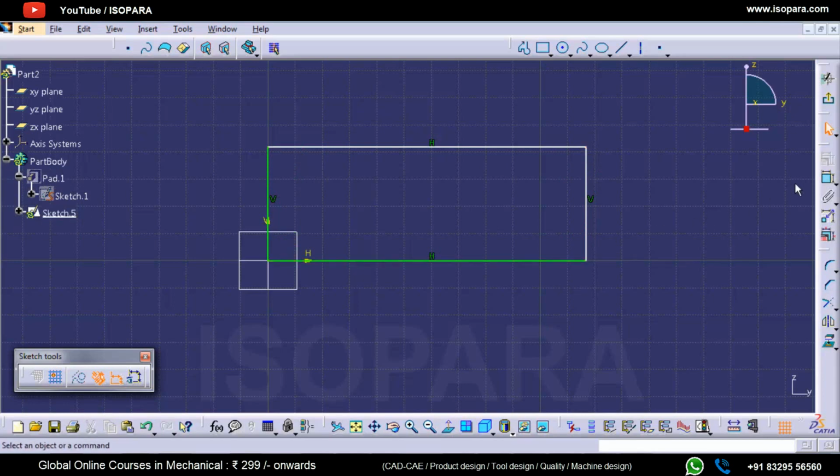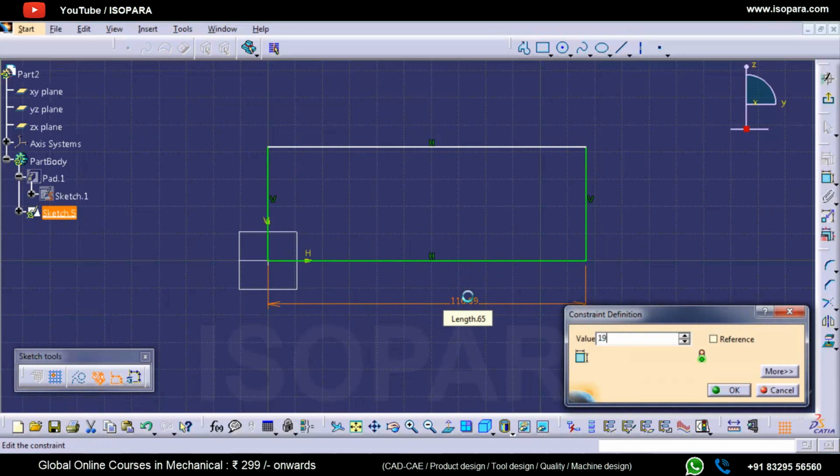Now if I want a linked dimension or some formulas between the dimensions, how can I do that? So this is the length of the rectangle and I will make it 100.